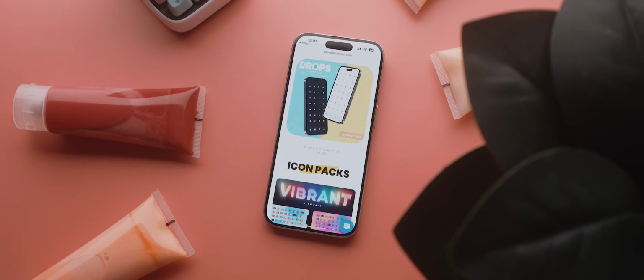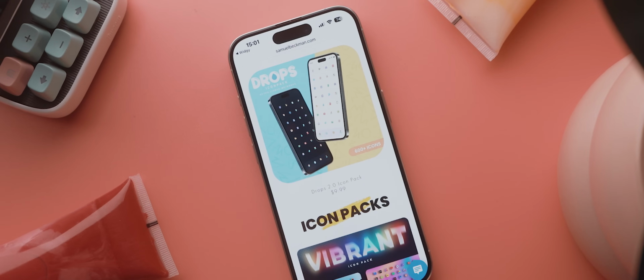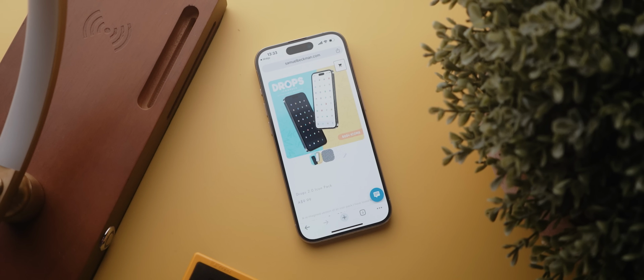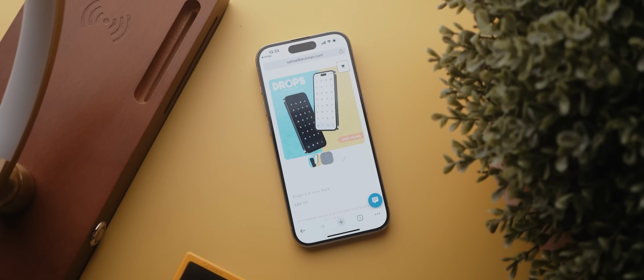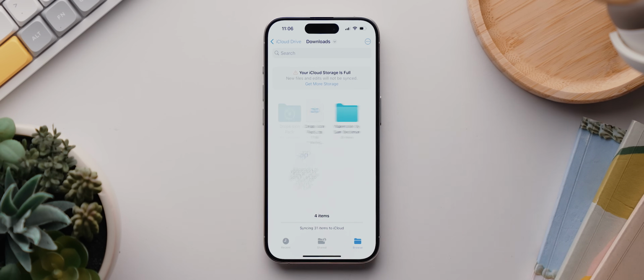And where the original pack was discontinued with only 400 icons supported, we're launching our version of the pack with over 650 icons at launch, and we plan to continue updating the pack over time to keep it relevant for many more years to come. Anyhow, you can pick that up over on my website, and then once you download it and unzip it, you'll